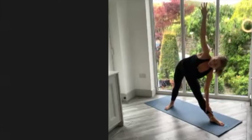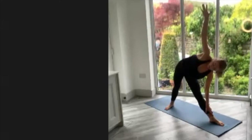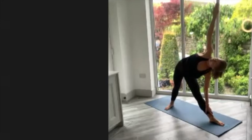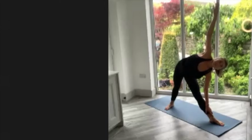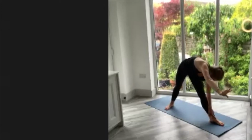Now here, imagine someone stood behind you. They're going to place their hands on to your right hip and your right rib cage, and they're going to try and roll that rib cage and the hip open. So instead of letting the rib cage and the hip fold forwards, roll the right rib cage up towards the ceiling, stretching up through those right fingertips. Take a breath in and a breath out. Carefully relax the head, look down to the top of the mat, take the hands down,